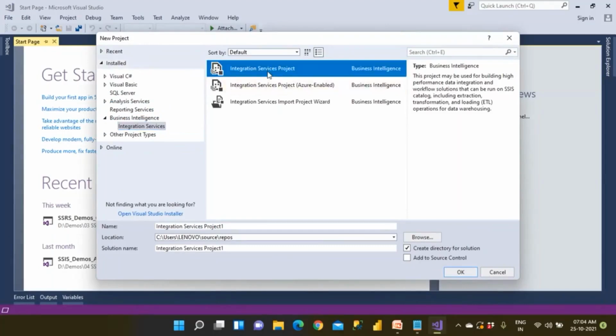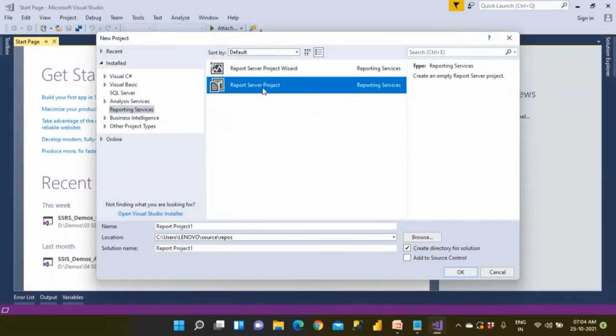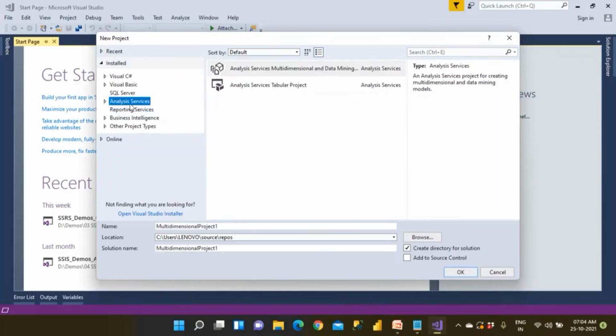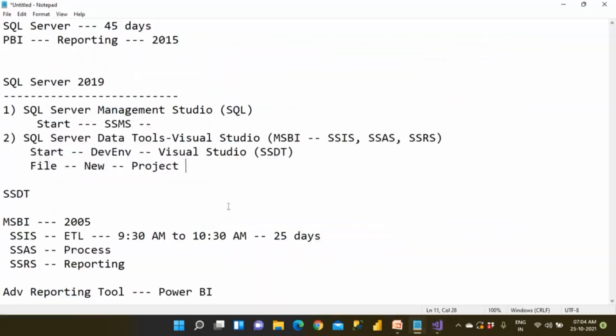We're going to be using the first one to create pure ETL projects. If you want to work with reporting, we can go in for Reporting. SSRS is this. And if you want to work with analysis, there are two projects: Multidimensional model, and the next one is called Tabular model. Tableau is different. Tabular model cube is different. So Analysis is going to have two projects.